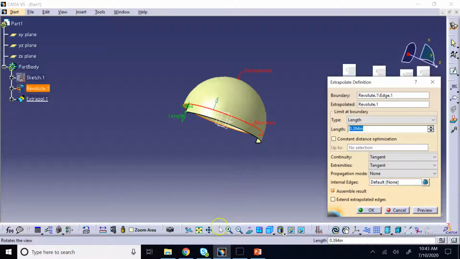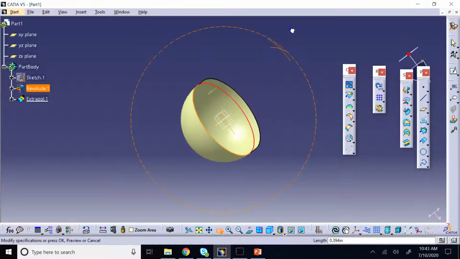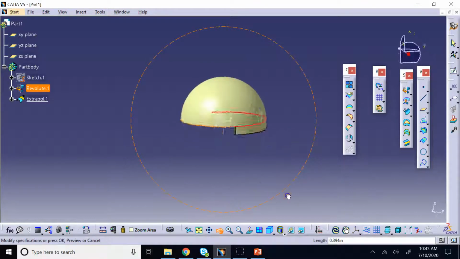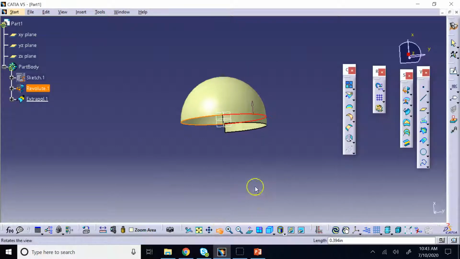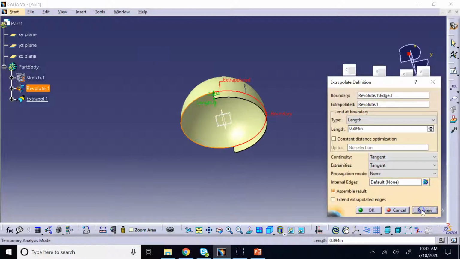And then you can basically provide different conditions. Okay, so here extrapolated is revolute 1. I can provide more length,